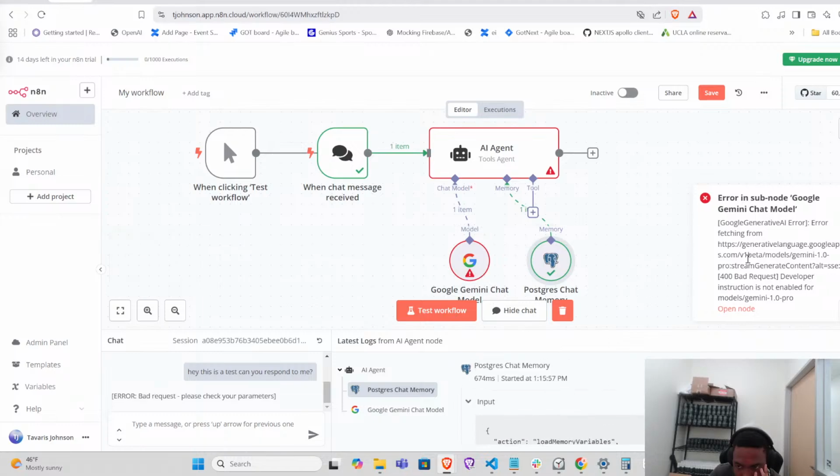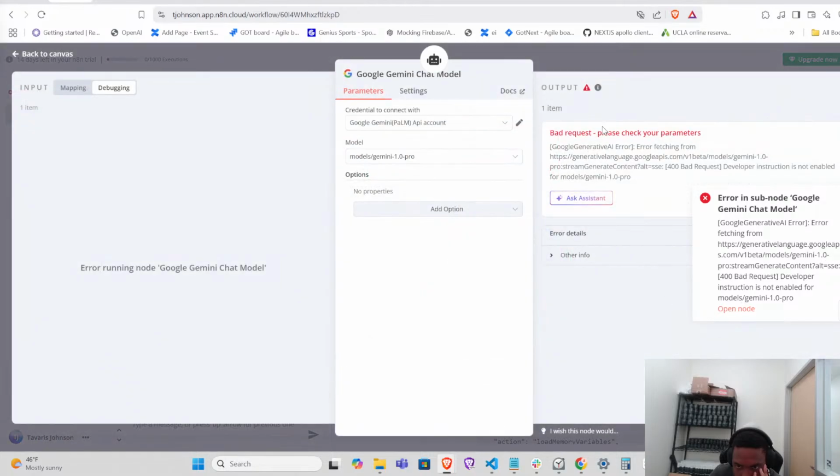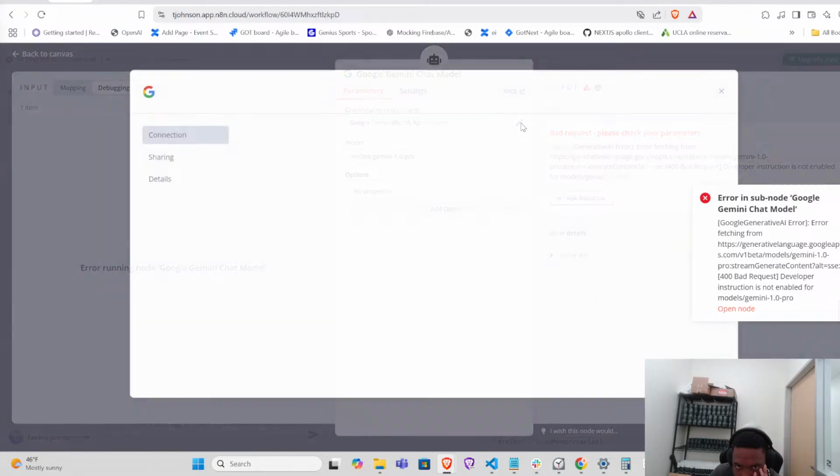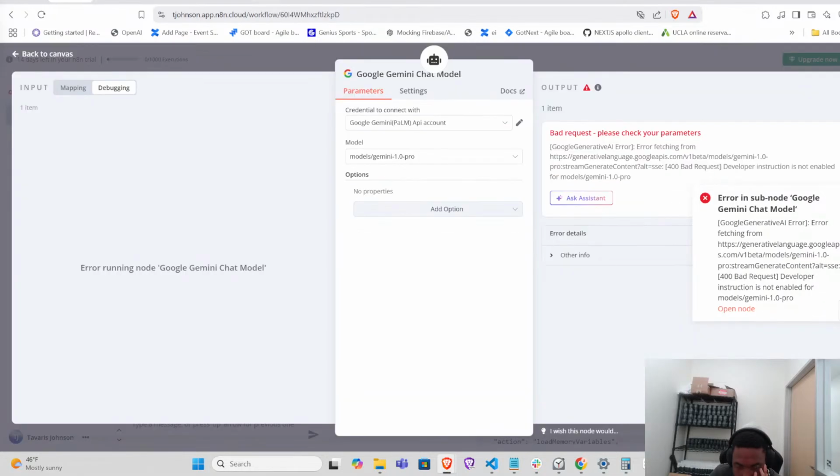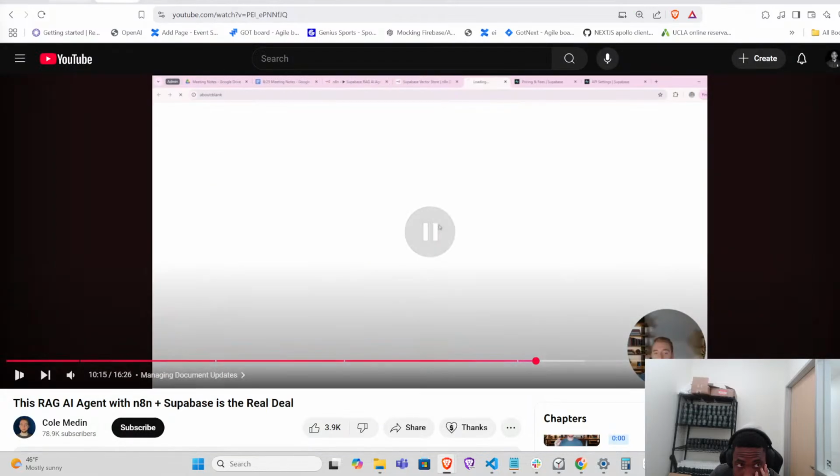And then closing out of this here, you just have to select the table name and the options for the query name. And to set up these two things, n8n has documentation for this as well. So I'll click on the docs here and then scroll down to where it says a quick start for setting up your